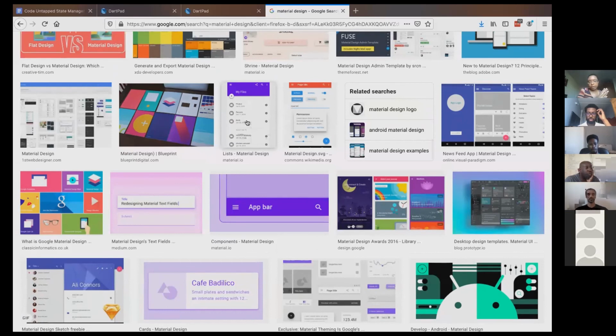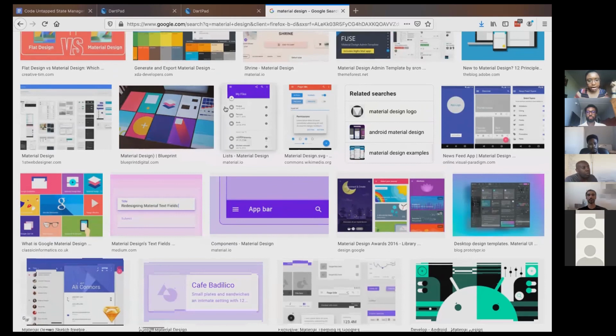It's worth noting that Flutter does have an iOS aesthetic, an iOS theme as well called Cupertino. But most of the examples that you see are going to be using material, and also the material widgets in Flutter are a lot richer. But it's worth noting that even though it's a popular Android aesthetic, you can use it for both Android